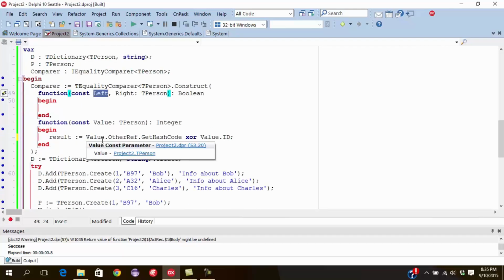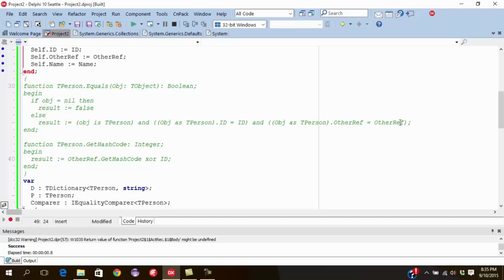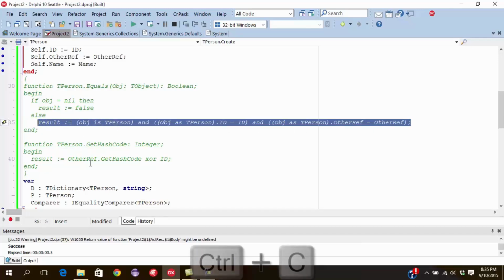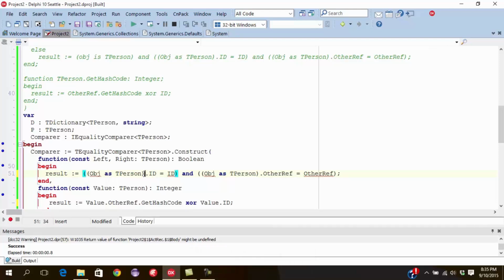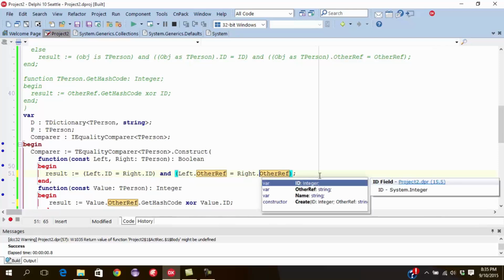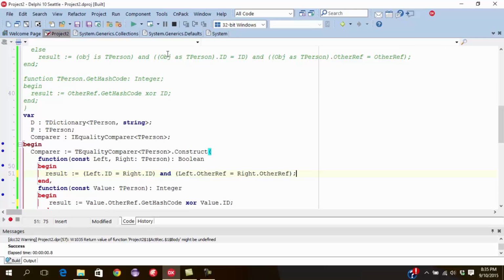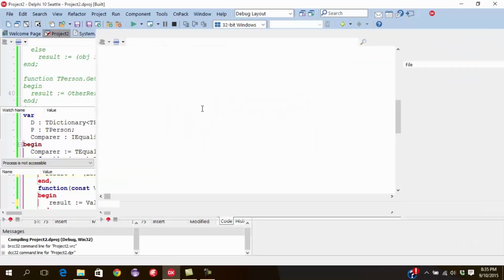and we want to define equality, which we can also define in a similar manner. We don't need to worry about that. This is equals right.id and left.otherf equals right.otherf. And hopefully, if I have written that all correctly, we should be able to run that and we get